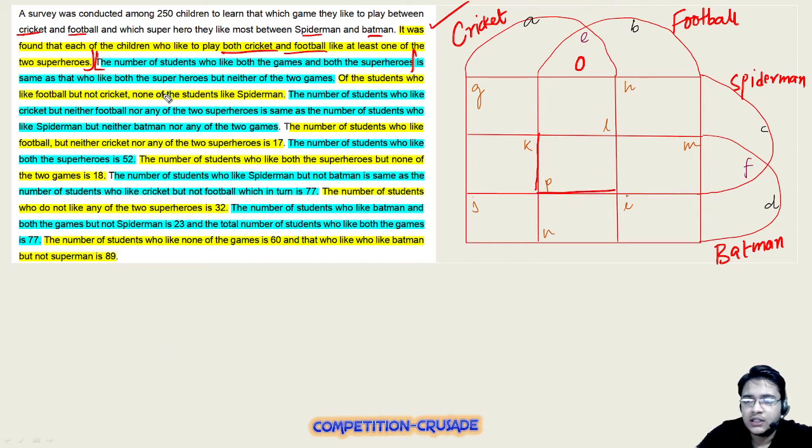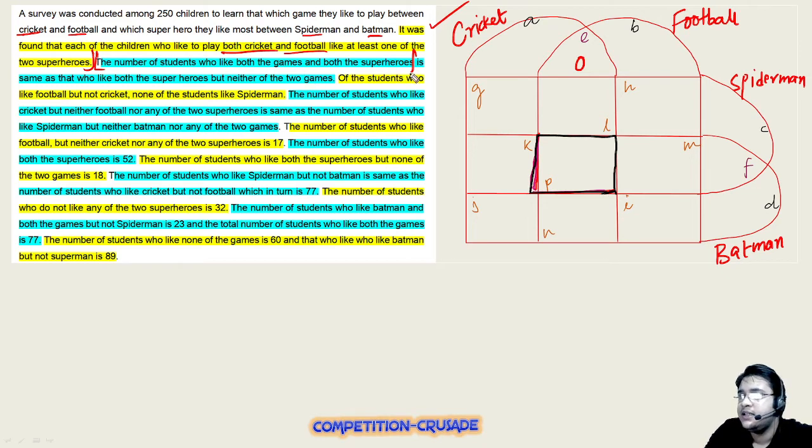Can I change the color? Guys, just give me 1 second. Let me change the color to black. Yeah. So this P region will be,